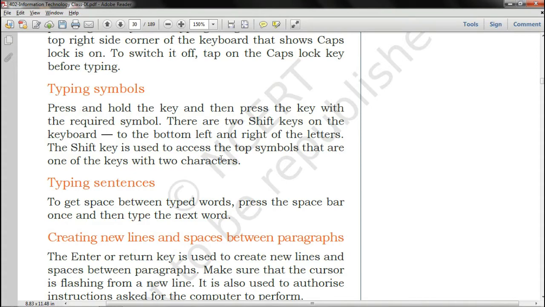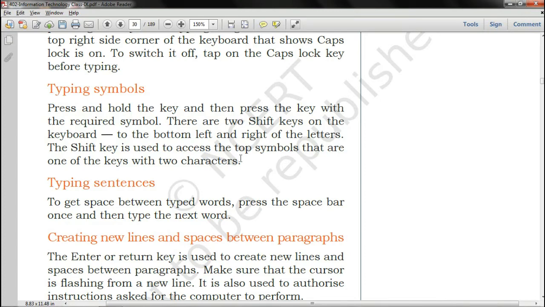Then there is the dollar sign, euro sign. On different keyboards we have the euro, the pound sign, the percentage, the exponential sign is there, ampersand, that is and, asterisk, then parenthesis, then hyphen, underscore, plus, equals to, and Purna Viram, that symbol is there, right? In Hindi we can also make it with the typing symbols.